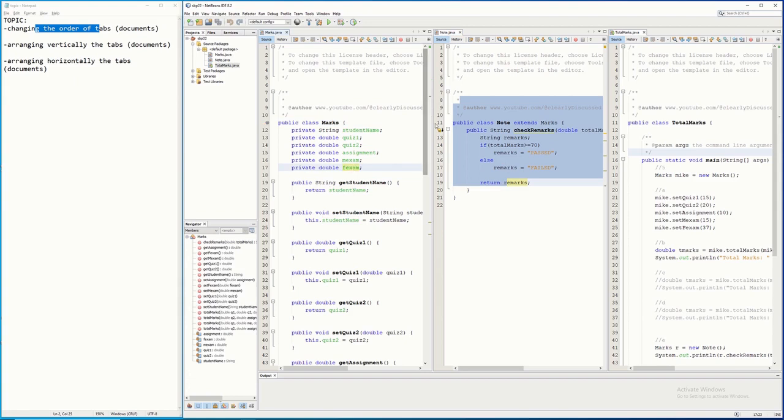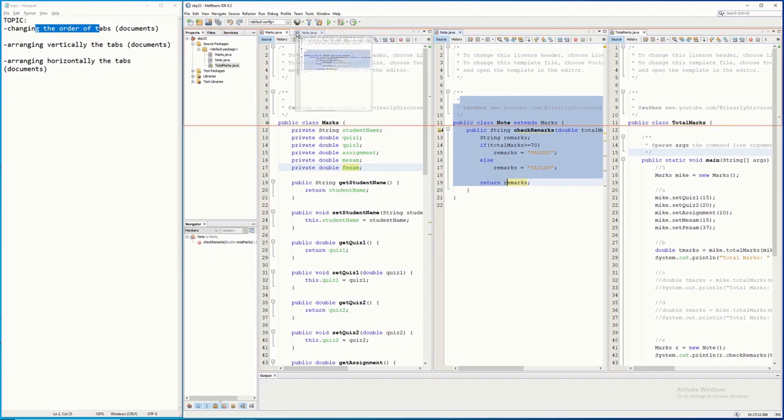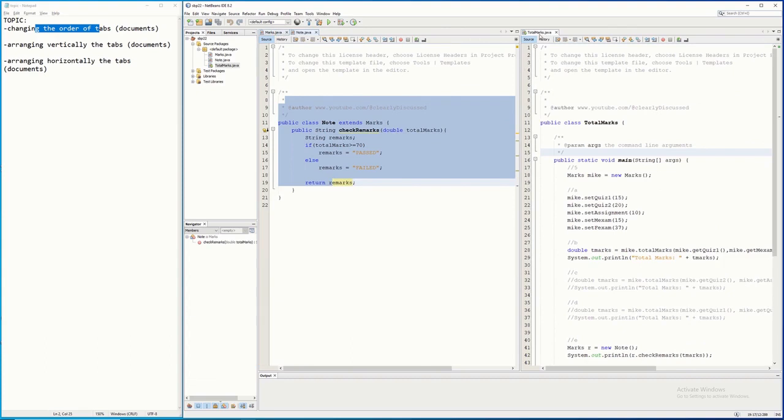If you want to return it to its original, all you need to do again is to click and drag. For instance, note.java. I'm going to click and drag, and I'm just going to attach it into something like this. So that means attaching it again. So I'm going to release. There you go. Same also with this total marks. I'm just going to click and then drag and just attach it onto the same row. So I'm going to release